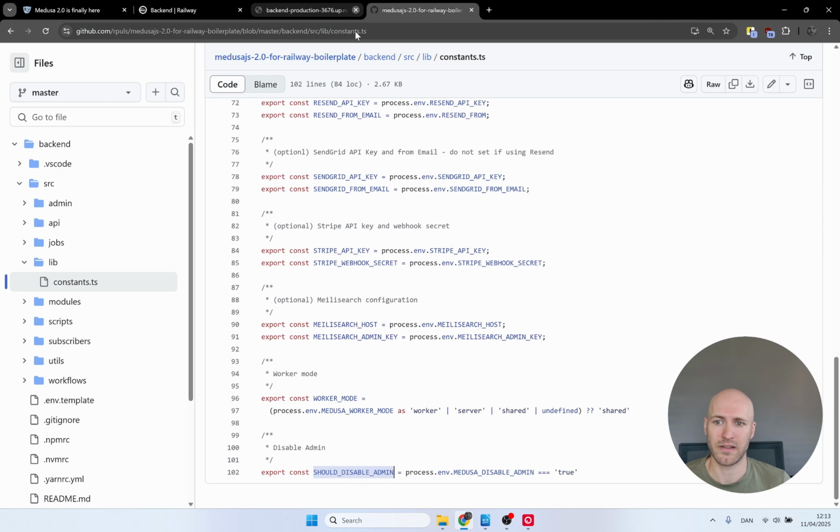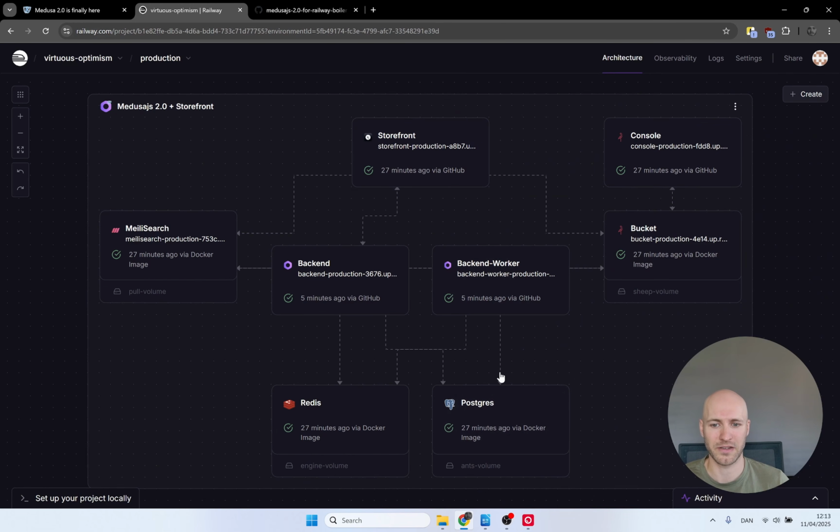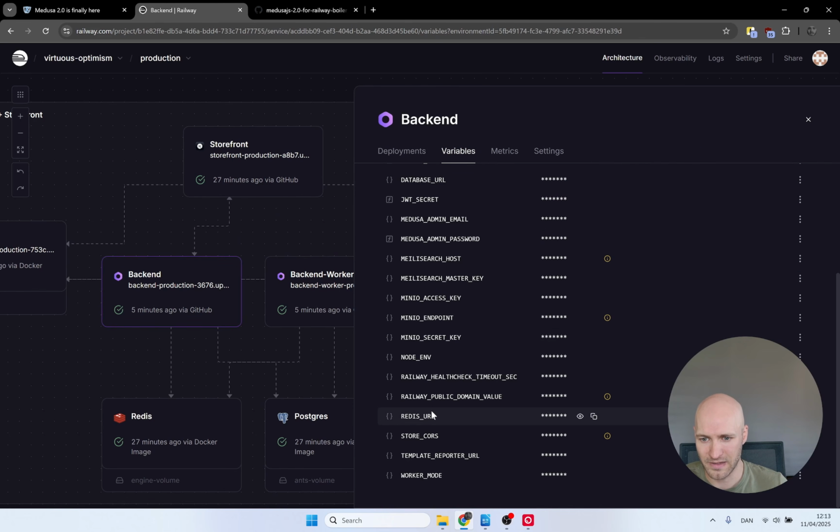So the last thing that I want to do is I promised to show how to internalize the connection between the Postgres database and Redis and the backend. And in this template right now, it is already set up as that. So you don't have to do that if you launch the template after this video was posted. But if you're one of those that launched the template earlier, then let me just show you exactly what you need to do. If we go into the variables and find the Redis URL here, and I click on edit,